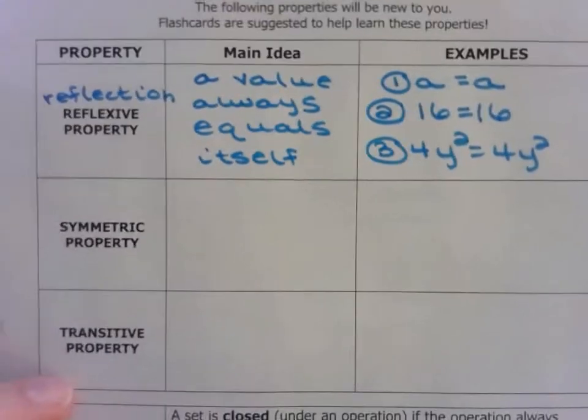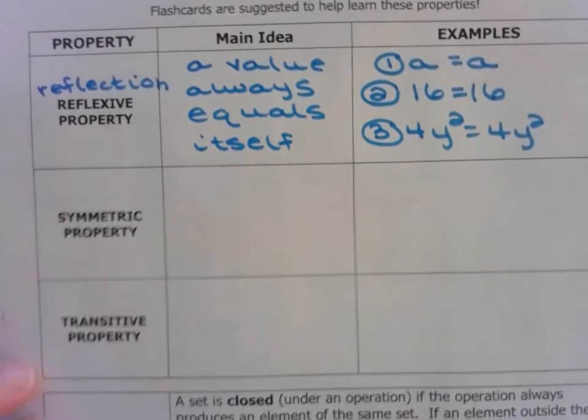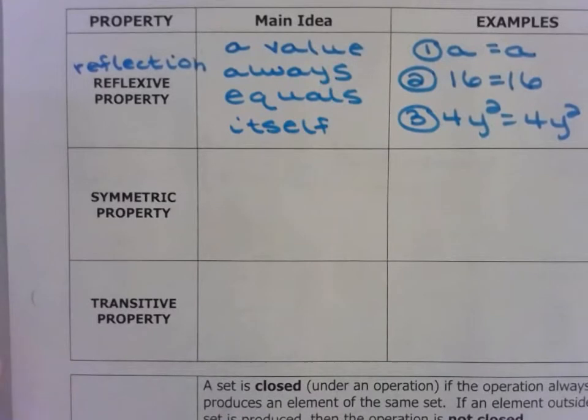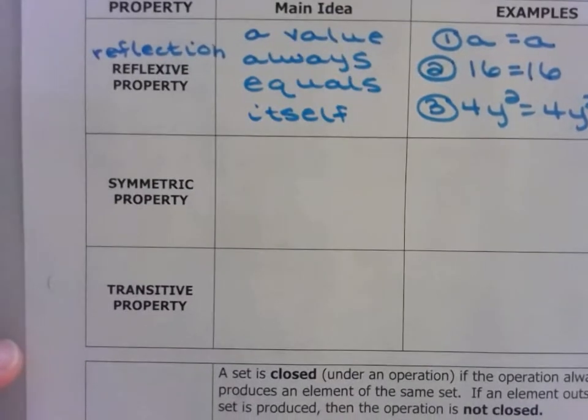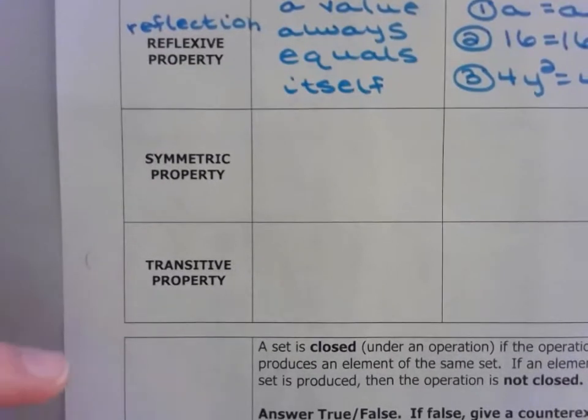If I think of symmetric property, please let me know if I'm going too fast. I'm trying to gauge. It's hard for me to gauge sometimes. Symmetric property, what word do you see in symmetric? Symmetry. Now, if you think back to elementary math, what was symmetry? Like everything equal. Kind of. Everything was the same on both sides. Same on both sides. I always think of the butterfly example for some reason, but if I had like a star or something,